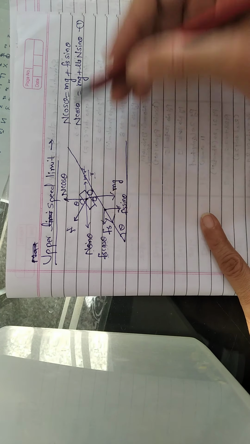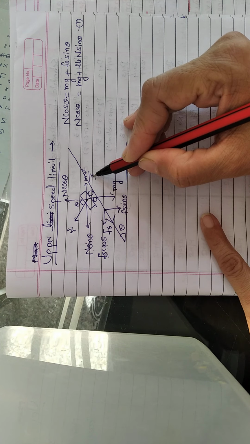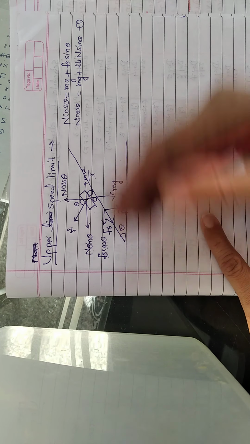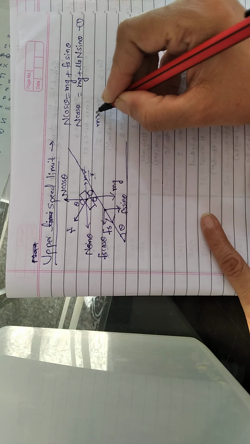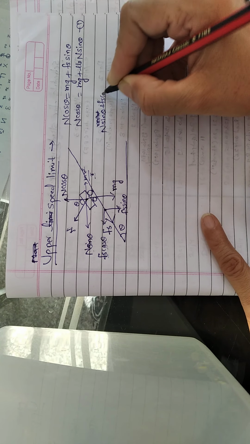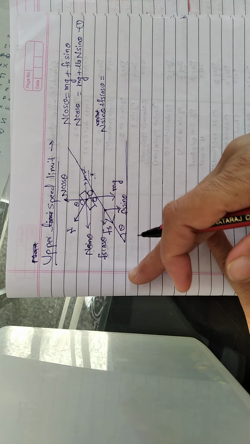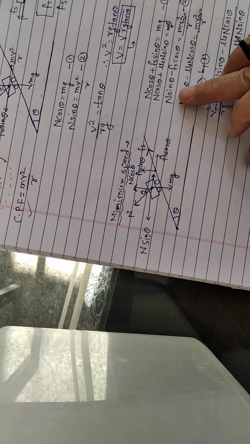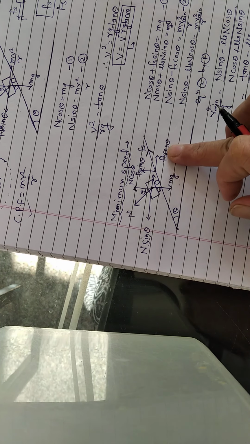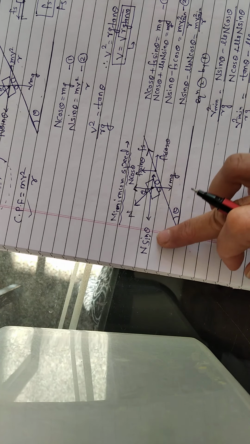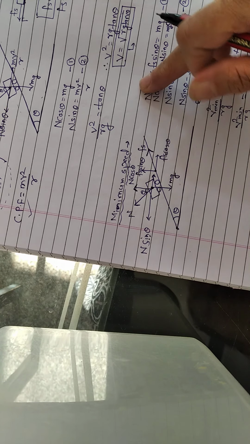Now let us write the second equation. See, this resultant mv square upon r is equal to what? The resultant of these two. Now both are in the same direction. So what we can write? Mv square upon r equals n sin of theta plus fs cos of theta, since they are in the same direction, so we will add this. Okay, and in the previous case, why we subtracted? Because they are in the opposite direction, and why we had taken n sin theta minus this one? Because this should be greater, otherwise the vehicle cannot move safely along the curved road.